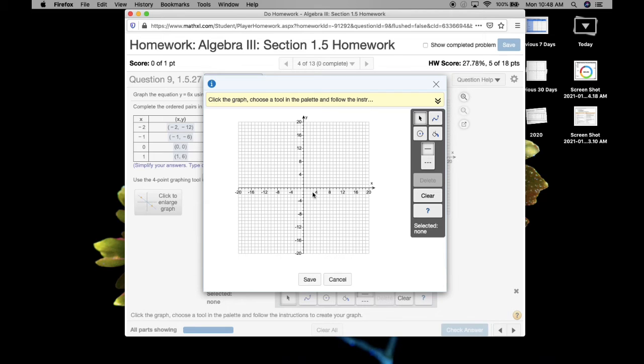So once you actually get a graph or a line or a parabola or a cubic function, you can actually move it. However, we have to be able to graph first. So we're going to click on the 4-point cubic tool. And this is kind of intuitive, so it will actually help you plot the points once you get closer to